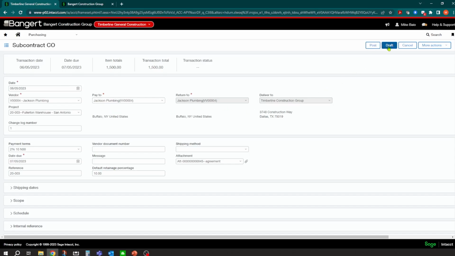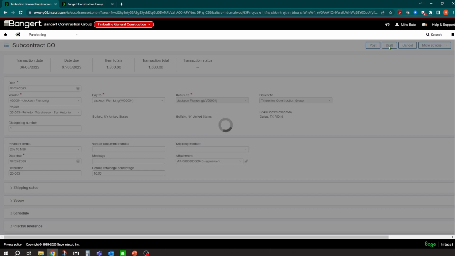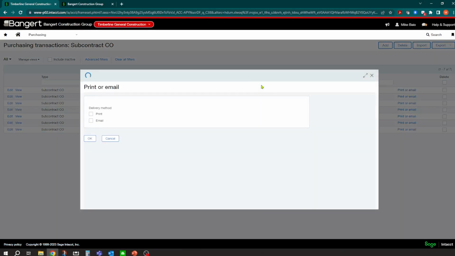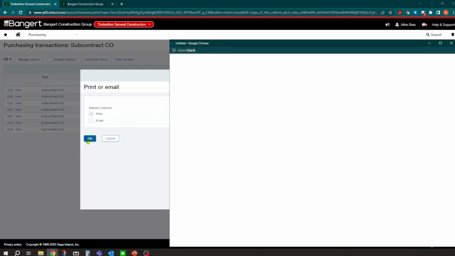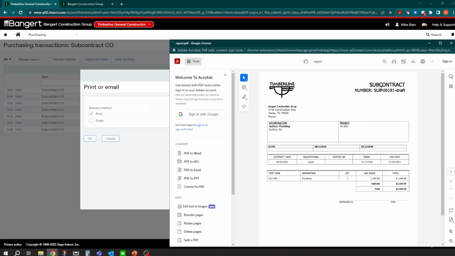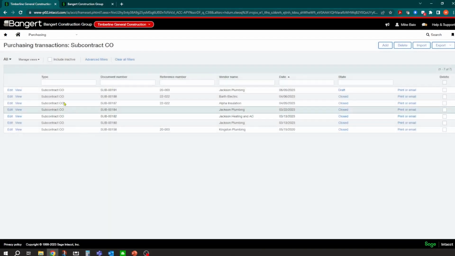So the only thing you need to do here is track the status. If it's just a draft, hasn't been approved yet or whatnot, you can post it as a draft, and that will post to the pending change order. Okay, so you can print or email the change order document. I don't think I have a document form set up in here, but we'll take a look at it. But it's the same concept as you can create your own subcontract change order document, with a scope on it and signature lines. That can be emailed, printed out.